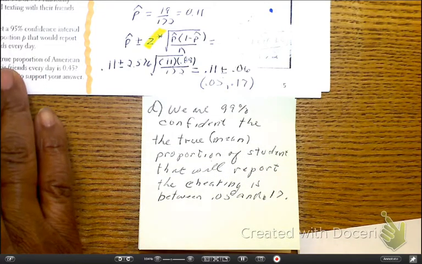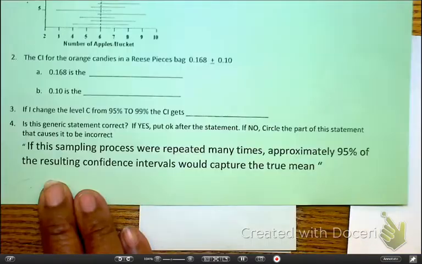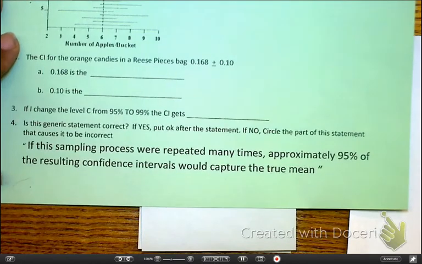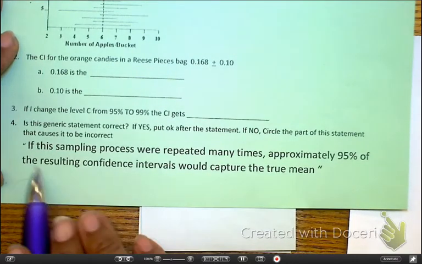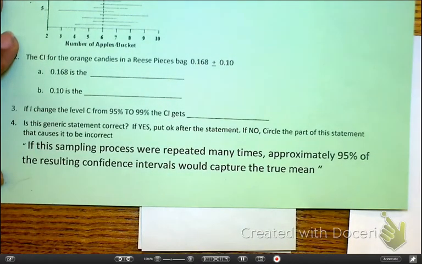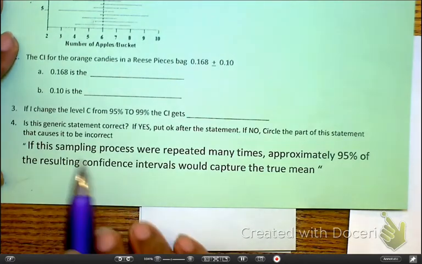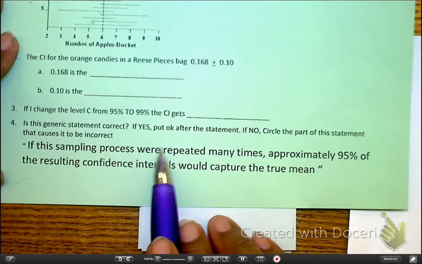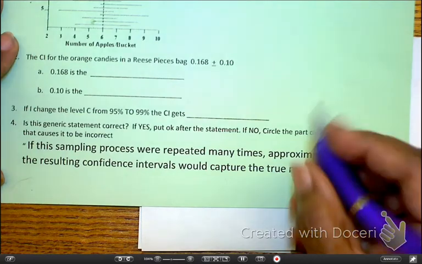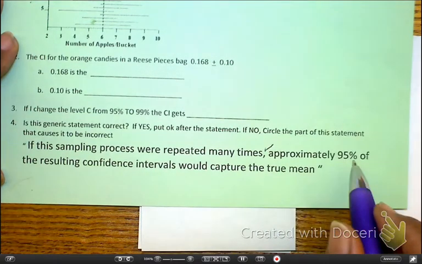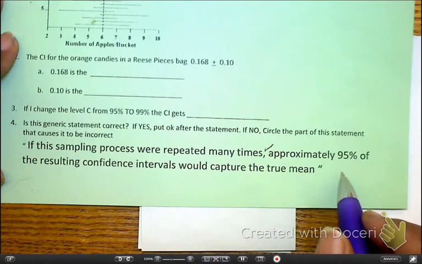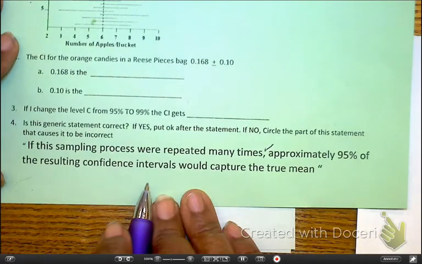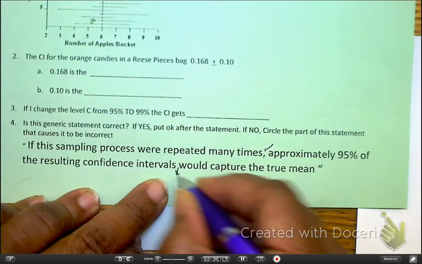Now, I need to pause a minute. Now I need to correct something I said earlier today. I said that this was wrong, but the reality, it is right. So let's break this down. If this sampling process is repeated many times, check, approximately 95% of the resulting interval, which in this case would be